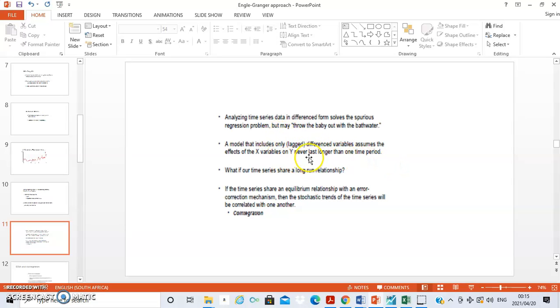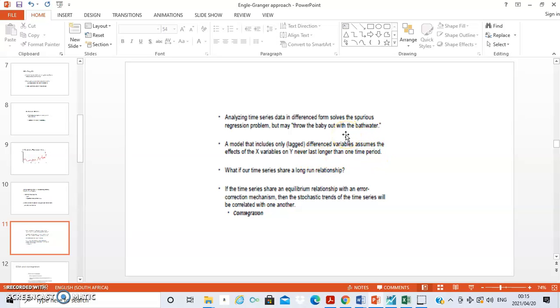And remember that most of this model also involves lagged difference variables, which are assumed to have an effect on the x, where we assume that the effect of x variables on y never lasts longer than one period. In other words, if you are modeling a variable that has lagged variables or lagged difference variables, you are basically saying the effect of the independent variable on the dependent variable is short-lived,